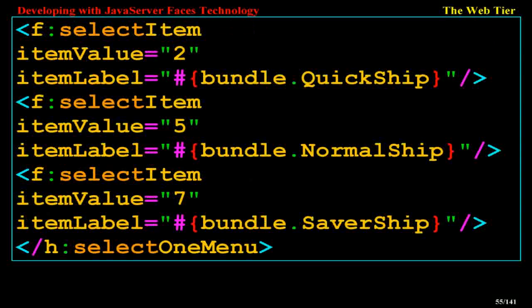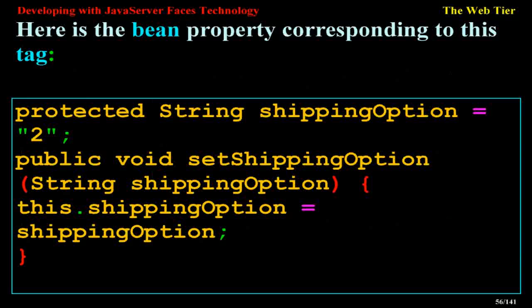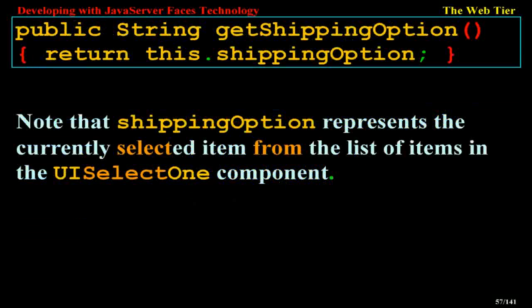f:selectItem itemValue="2" itemLabel="#{bundle.QuickShip}". f:selectItem itemValue="5" itemLabel="#{bundle.NormalShip}". f:selectItem itemValue="7" itemLabel="#{bundle.SaverShip}". h:selectOneMenu. Here is the bean property corresponding to this tag. protected String shippingOption = "2"; public void setShippingOption(String shippingOption) { this.shippingOption = shippingOption; } public String getShippingOption() { return this.shippingOption; }